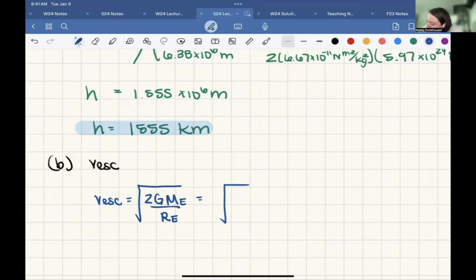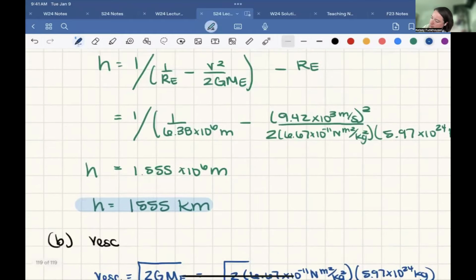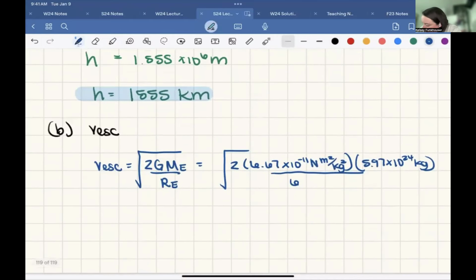So let's plug things in. 2 times 6.67 times 10 to the negative 11 newton meters squared per kilogram squared times 5.97 times 10 to the 24 kilograms divided by 6.38 times 10 to the 6 meters. And that whole thing is square rooted, and we get